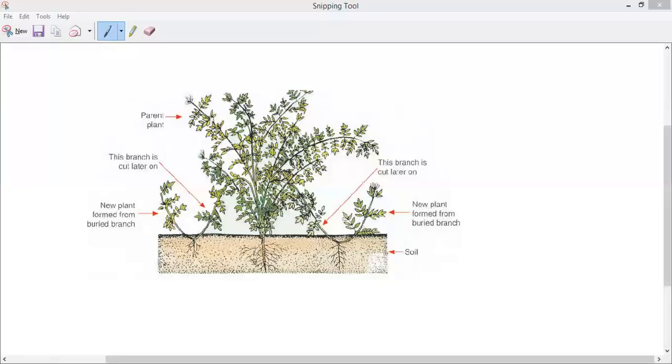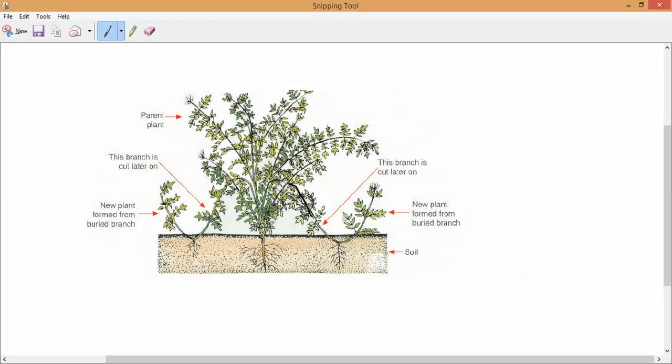Yeah. So this is what we can call creepers. Now here, if you notice this picture, you can get a clear idea. This is exactly a jasmine plant, which we can even see in our garden. Here, what we will do is pull a branch of the plant towards the ground. You may notice it. This is one branch.